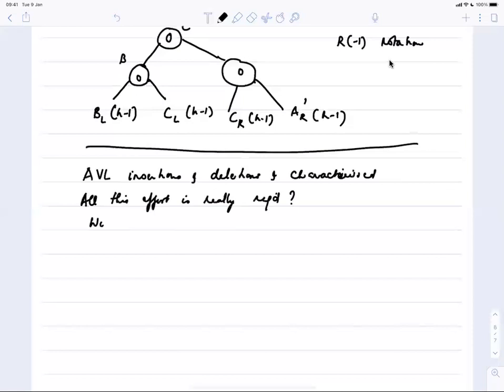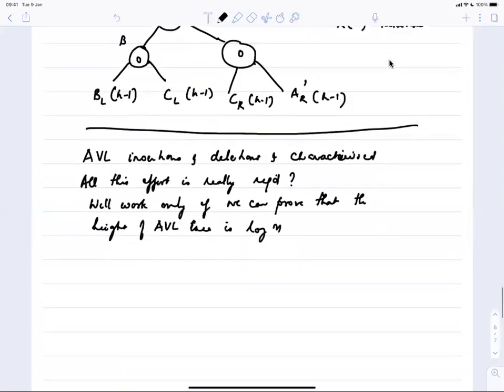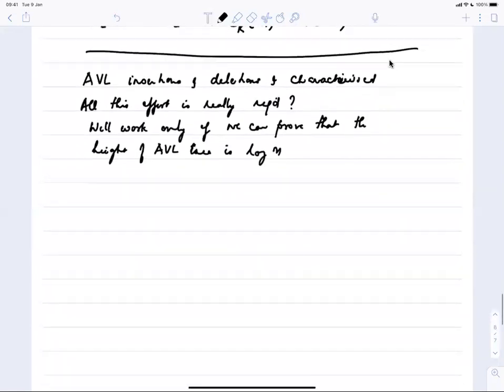It will work only if we can prove that the height of the AVL tree is log n, where n is the number of nodes. So that's what we're going to try and prove now. So this should be proved for a